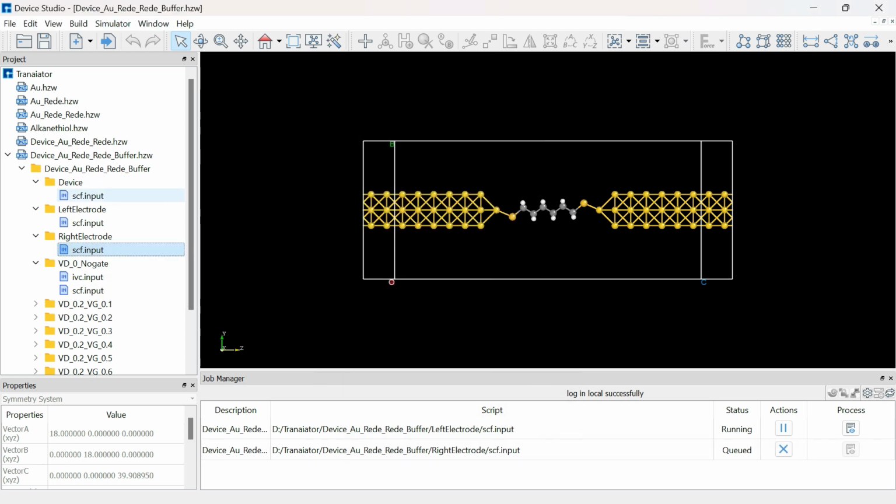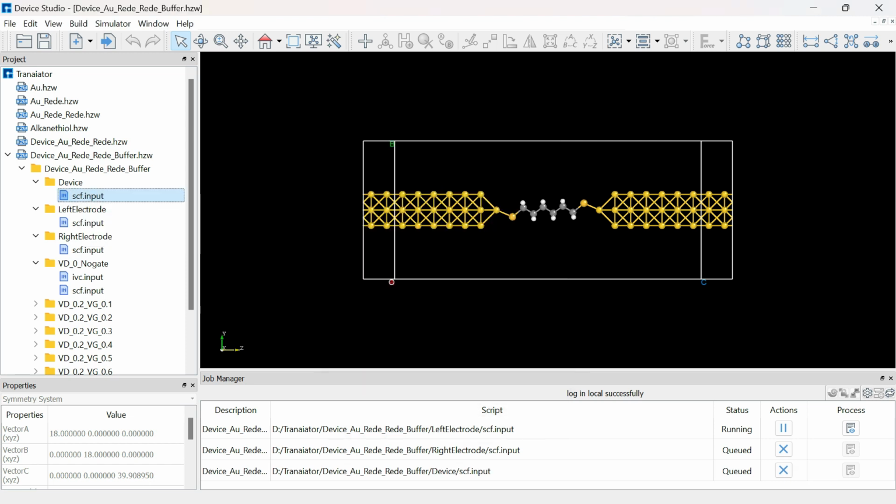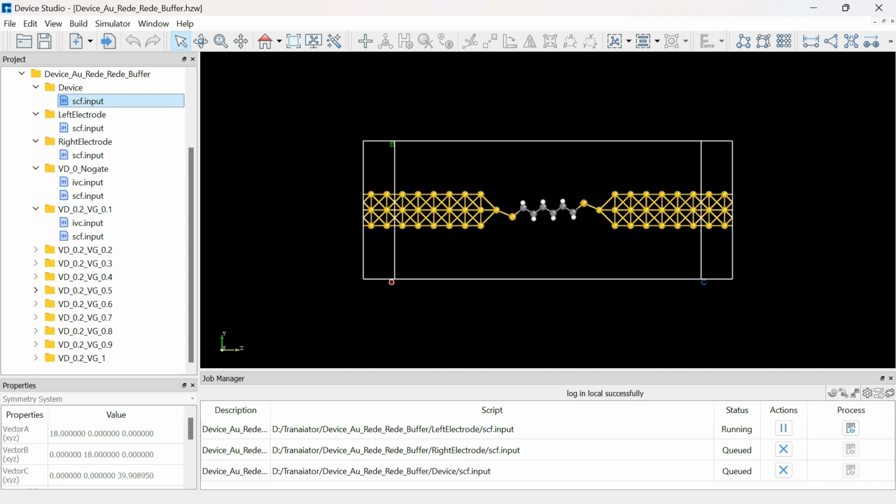Now go to the device and click on the scf.input file, right-click, and click run. Since you all know, in Device Studio the calculations run in queue form. So when one calculation is completed, the next calculation will be started. For now, the next step is you have to run the